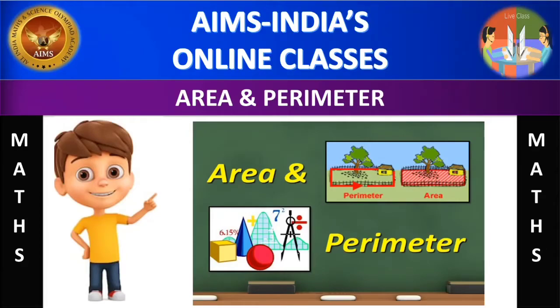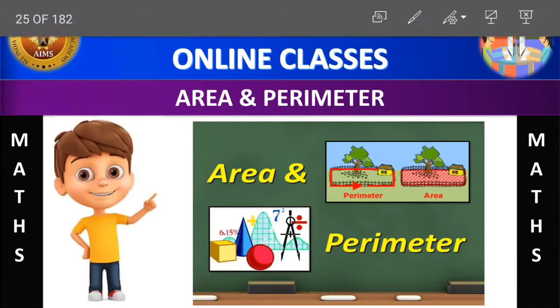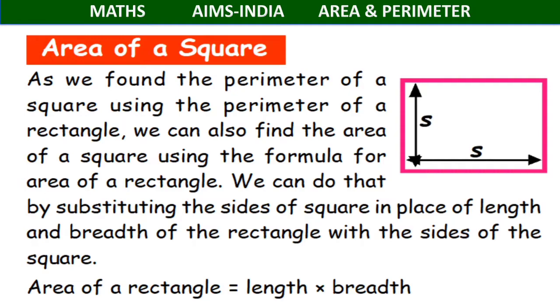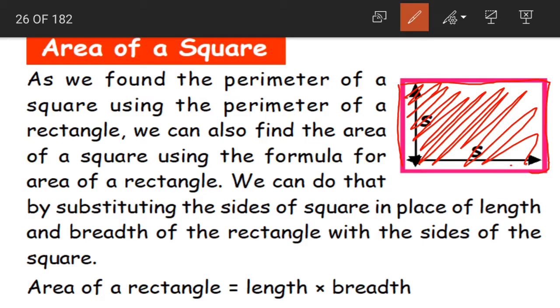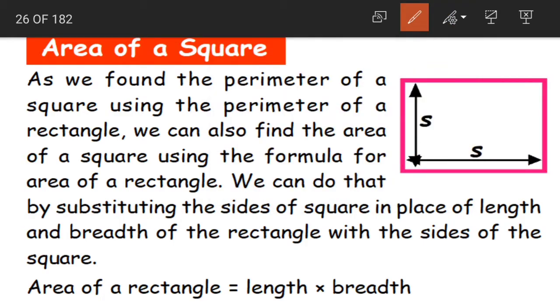So in the previous class we have learnt about the area of a rectangle. Yes, what is area? Area is the space occupied by an object. Suppose we consider this as a book, okay, this space that is occupied by the book will be called the area. Now in the previous class what did we learn? We learnt about the area of a rectangle, and what is the formula, children?